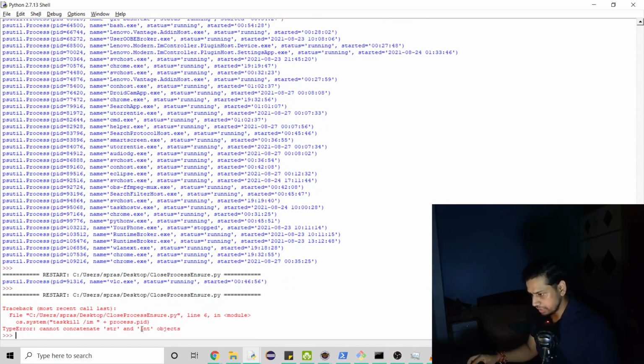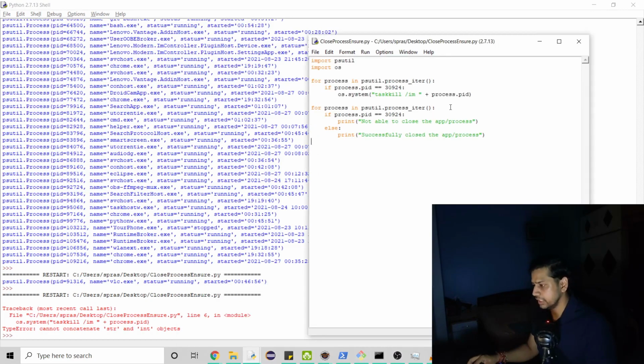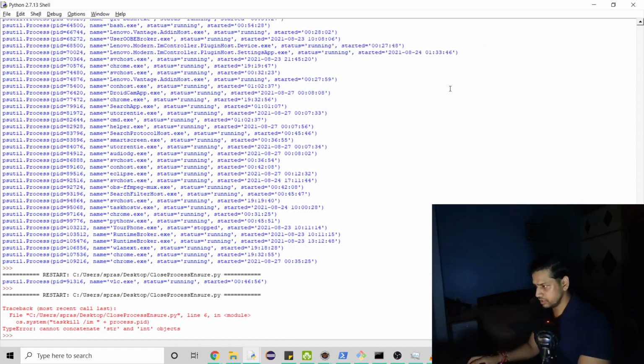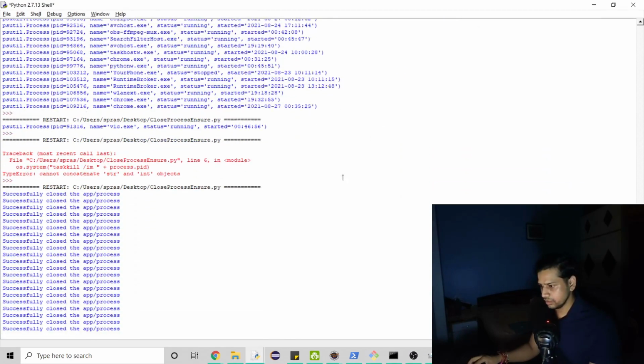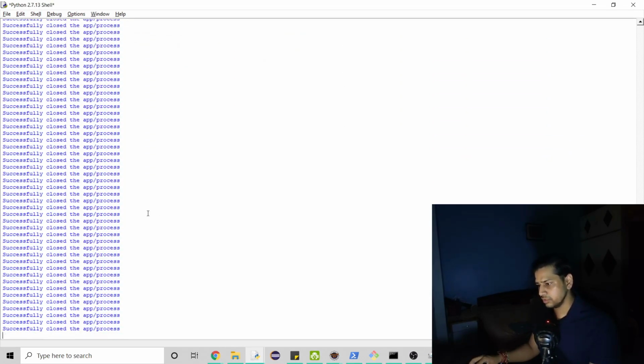So here I'm getting an error because it cannot concatenate. Okay, so yeah, that's sorted. This is a string and this is an integer, so we have to make both of them compatible. So I'll just convert it to string, save it, and rerun this. So successfully closed. Okay,